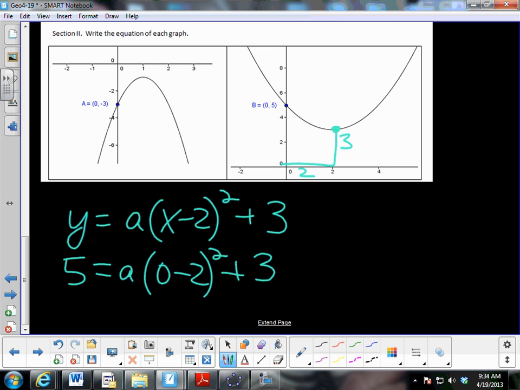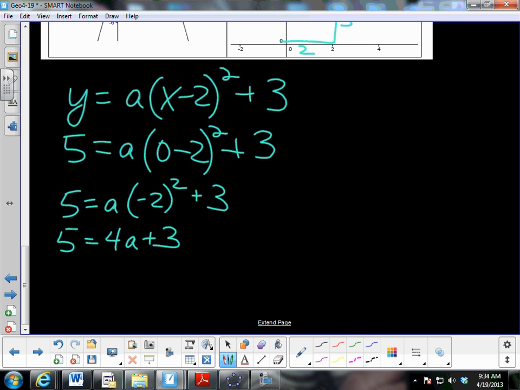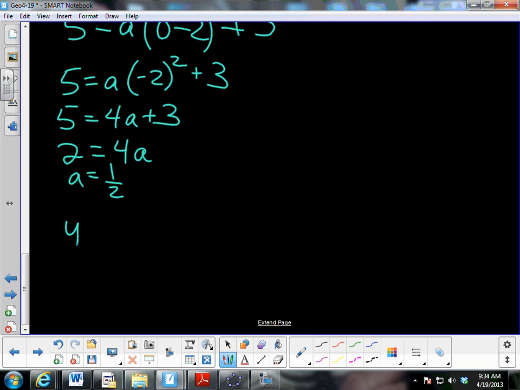I'm going to solve this one a little bit faster than I did the last one. 5 equals A times the quantity -2 squared plus 3. 0 minus 2 is -2. -2 squared is 4. So I have 5 equals 4A plus 3. Subtract 3 from each side. Divide by 4. So A is 1/2. Putting my equation back together, y equals 1/2 times the quantity x minus 2